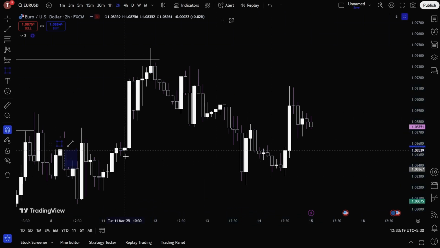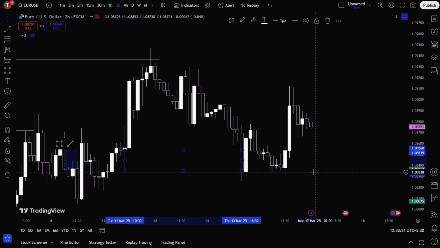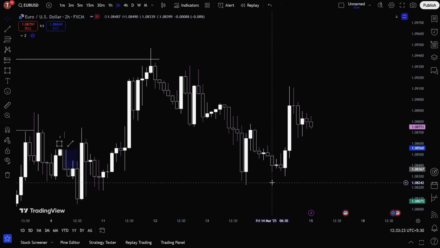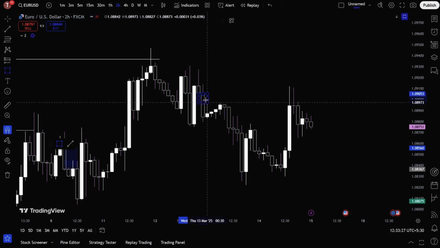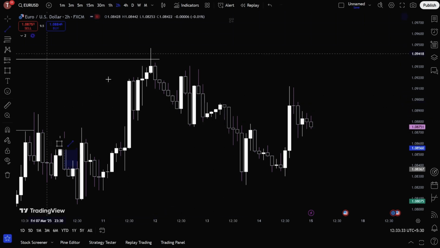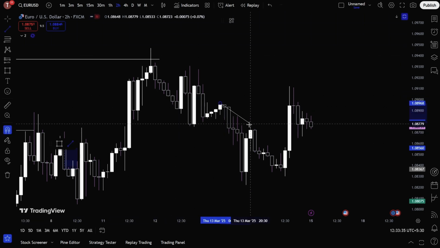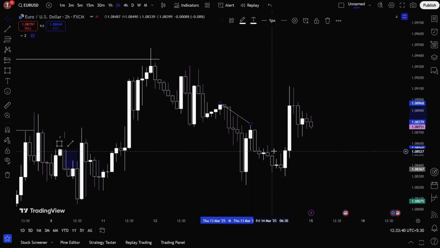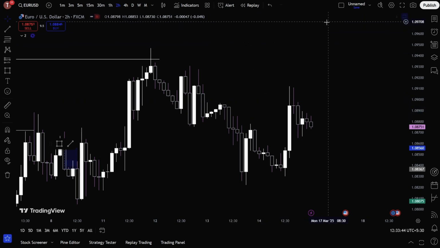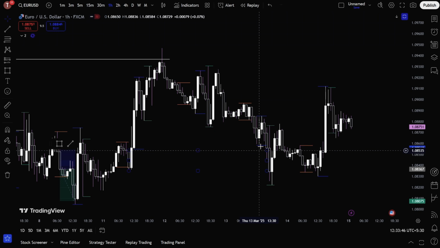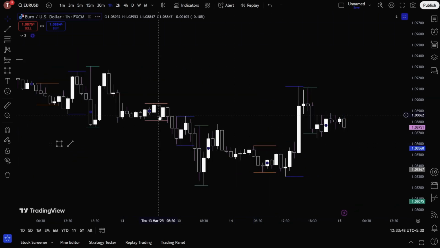So let's say we have this unmitigated wick, and I was anticipating that we can possibly react from this unmitigated wick, and we have this FVG. Now that we were not having any kind of FVG in this current structure, I was anticipating that all of this is some kind of liquidity, and we are going to mitigate into the upside direction. So I moved into the 1 hour, and this was